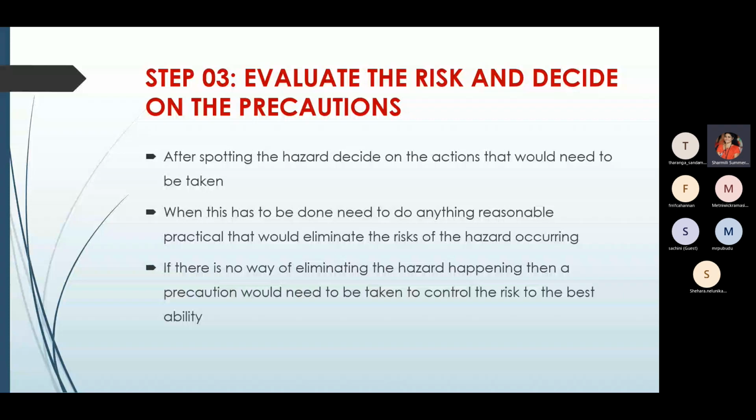First we need to undertake all the actions to completely eliminate the hazard. But sometimes we can't completely eliminate the hazard. In those situations, we need to formulate measures to control the risk. With controlling, we can minimize or reduce the damage caused to the person's health to a great extent. So first you need to identify solutions for eliminating. If elimination is not possible, then you can have some risk-controlling measures. So this is the third step.